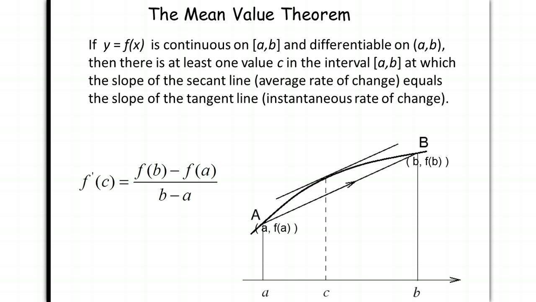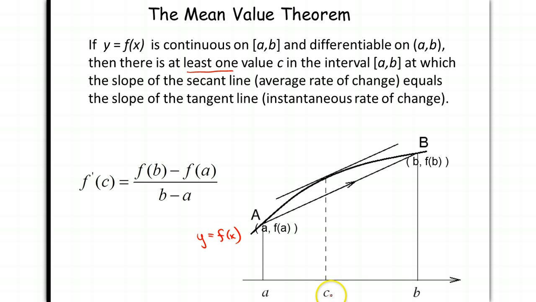The mean value theorem. If y equals f of x, and in this sketch I have y equals f of x right here, is continuous on [a, b], that would be your domain, and differentiable on the open interval (a, b), which means that your function is smooth and continuous, then there is at least, there can be more, but there's at least one value